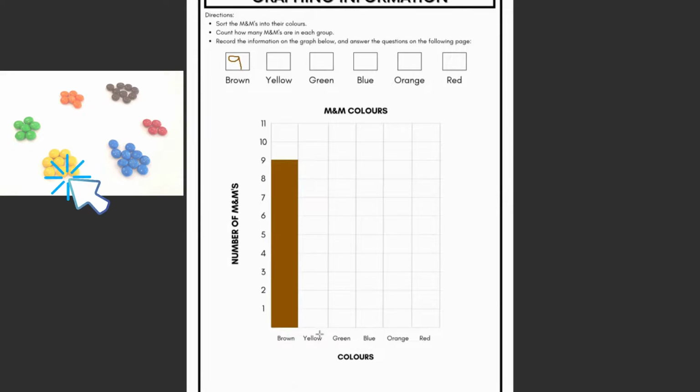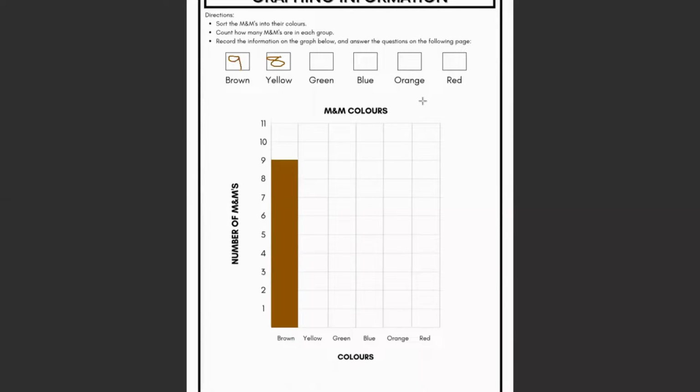Now the next one along says yellow, so I know that I had 8 yellow. So I'm going to fill that in up the top here. Okay, so I had 8 yellow M&Ms. Now I'm going to put that data onto our graph. So I go under yellow and I'm going to count up 8 boxes. 1, 2, 3, 4, 5, 6, 7, 8 yellow M&Ms. So I'm going to click and drag all the way down